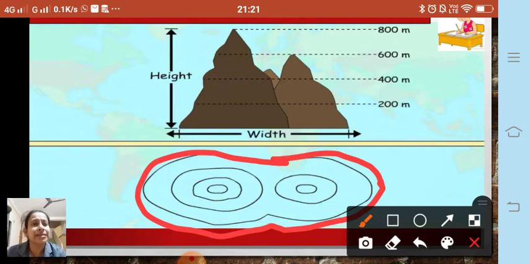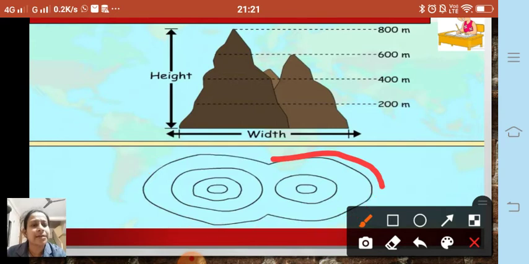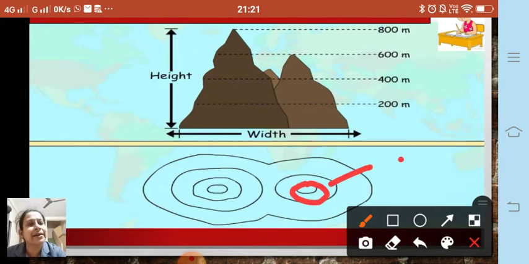These contour lines are marked with heights. Suppose this is the expanse of it, that is at 0 meters. Whereas if you see over here in the case of this peak, it will be shown like this, 800 meters.